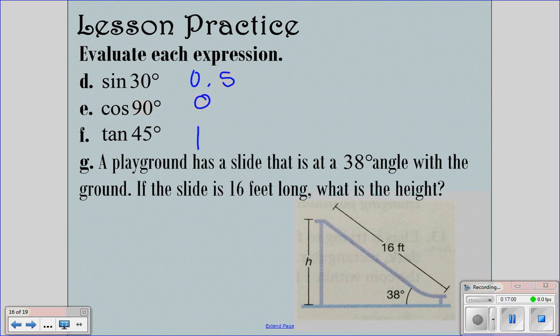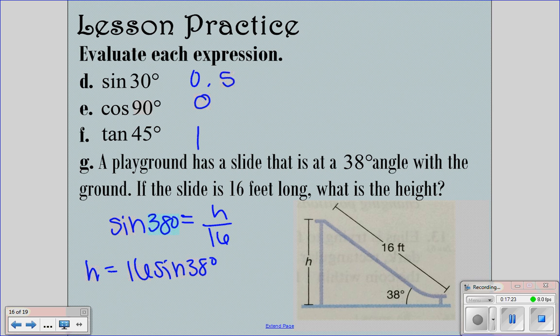Looking at the next one, we want to find the height. So if you look at this triangle, we're doing opposite over hypotenuse. So that would be using the sine. So the sine of 38 degrees is going to be h over 16. So our height is 16 sine of 38. And so our height is going to be